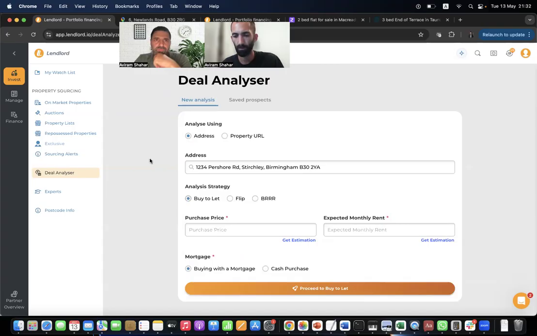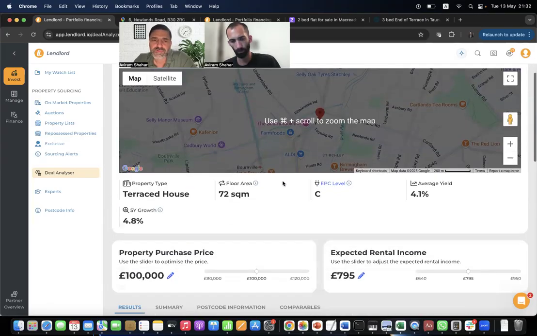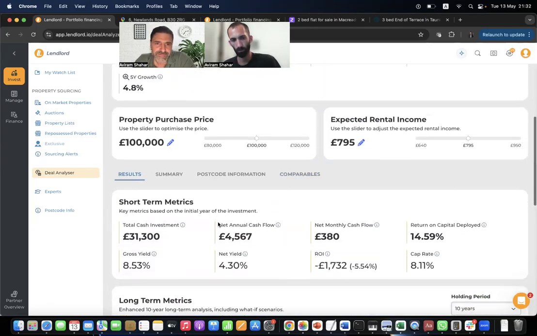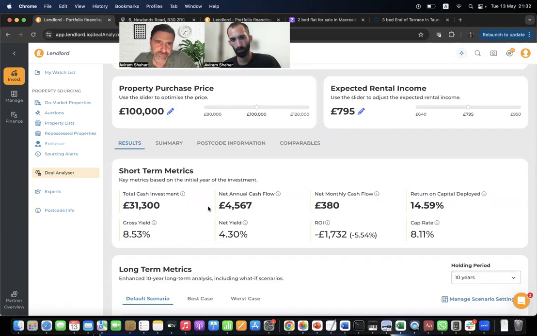Yeah, so the way it works is basically you can put an address, and if you put an address, we get more data about this property, but you can also do analysis with no address. Then when you select the strategy, we ask, as you can see, very few data points. For instance, just for buy to let, we just ask the purchase price and the expected monthly rent. And then when you click proceed, you will see all the results, but you can tweak the data. How do you do it? You can either play with the purchase price or the rental income,